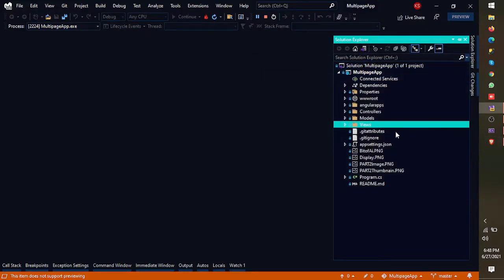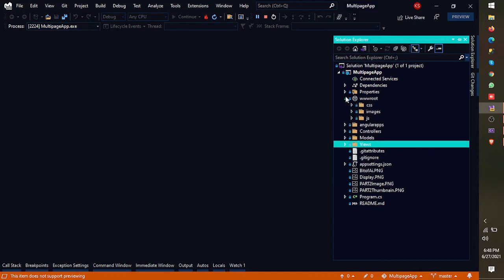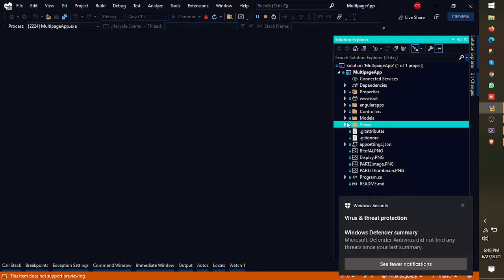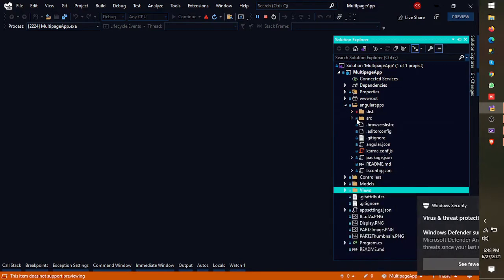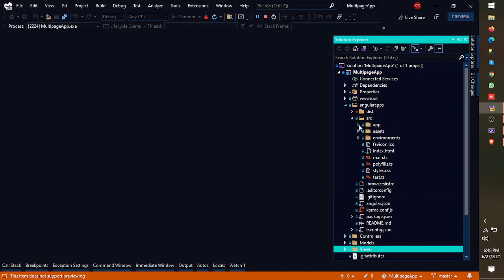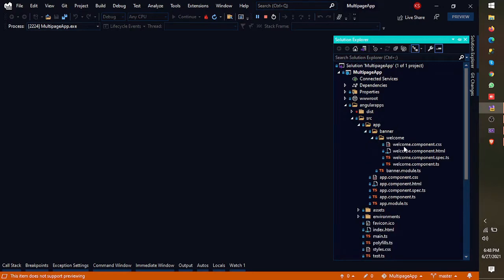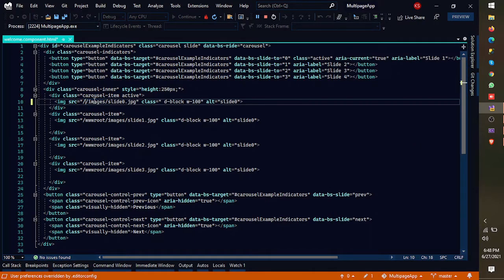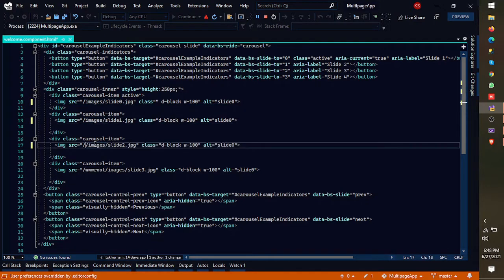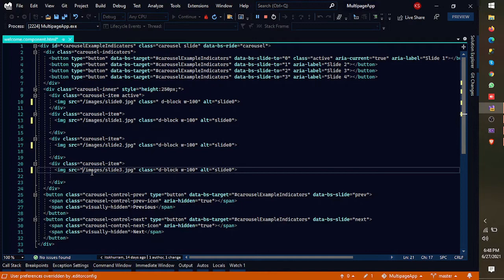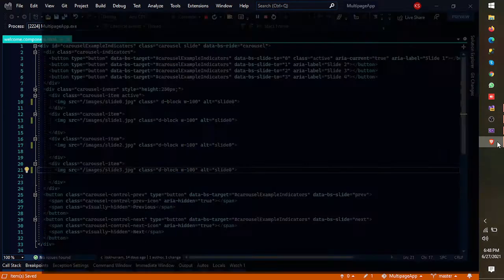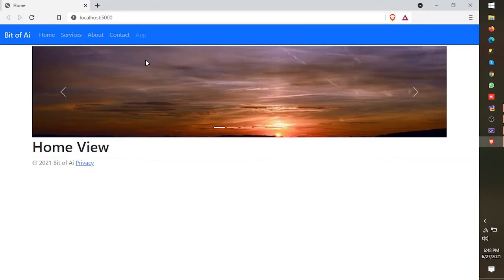There are some changes that we would need for running it in Visual Studio. For that we would need to go into the welcome component. As you know, lastly we will run it in .NET Core, so we need to give this path, but when running in Visual Studio we don't need to give this wwwroot path. I have removed the wwwroot, and you can see this is the same application that we developed and completed in part 2.